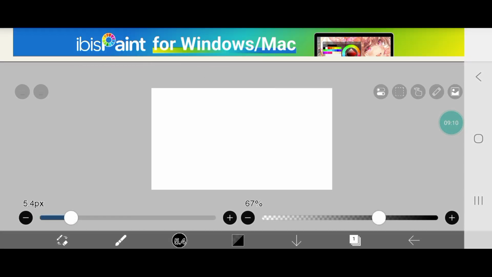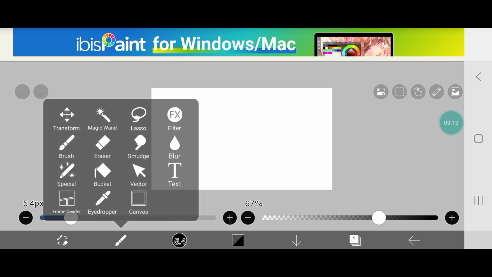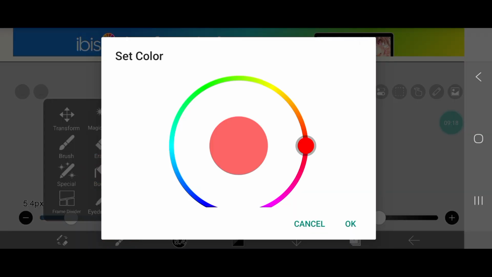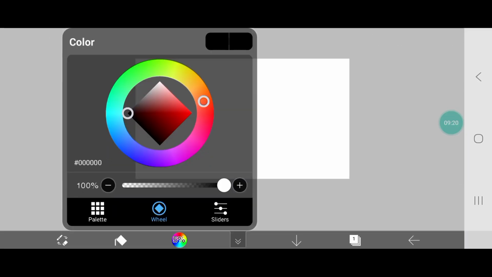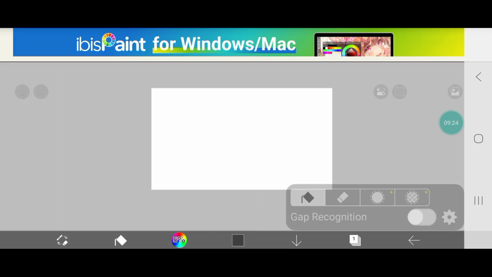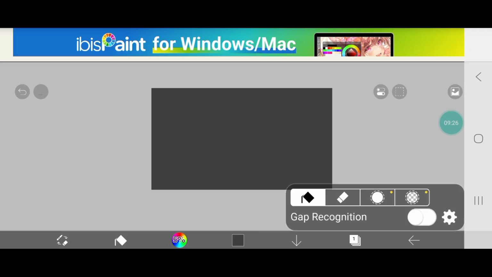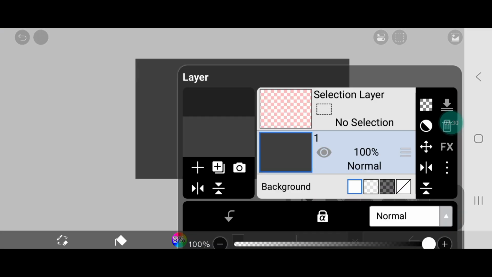So to make the glossy effect, you want to go over here and then tap on the bucket. We're gonna make sure the color is gray, and then just tap on the layer. And now you want to go over